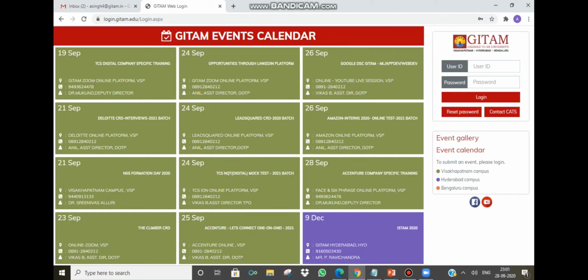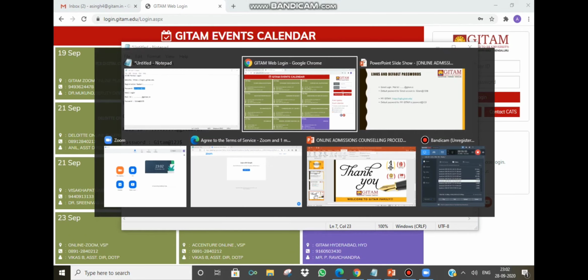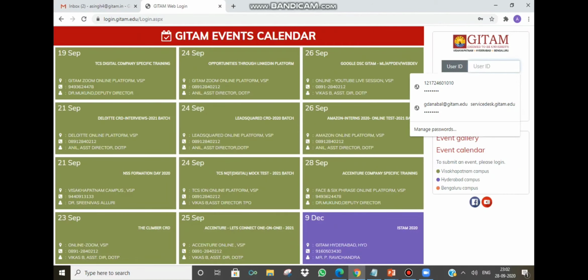Yeah. In this user ID, you are supposed to enter the 12-digit registration number and also the password. The default password which has been set is password@123, and the password contains all small letters. The user ID consists of a 12-digit number.